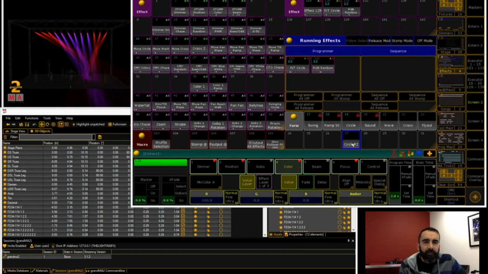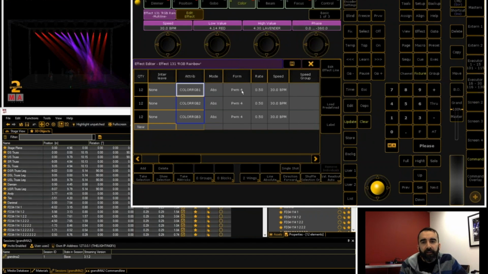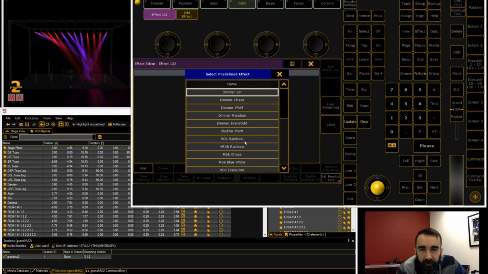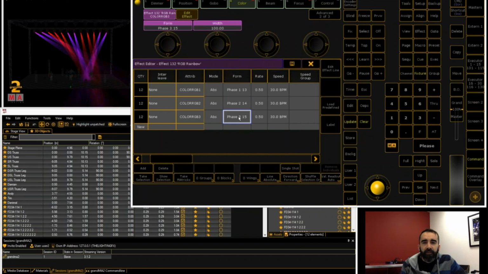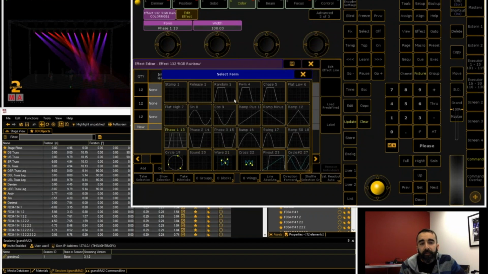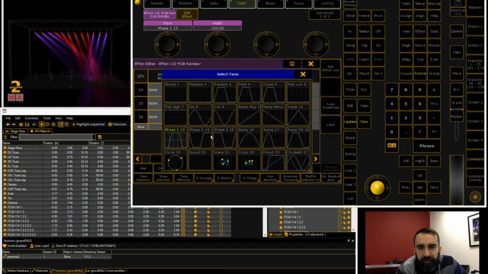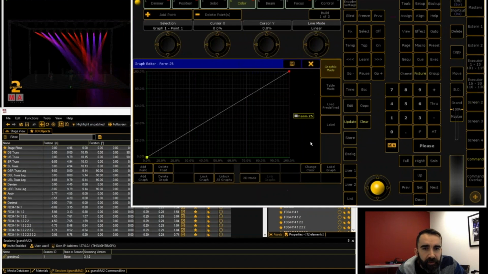If we do the RGB effect, I remember when I first loaded this, RGB rainbow, it's phase 1, 2, and 3. That's because if the phase is matched for the color flags, it just goes white-black because all the color flags close and then they open back up again. But here we've already implemented phase 1, phase 2, phase 3. Technically, you could build this,